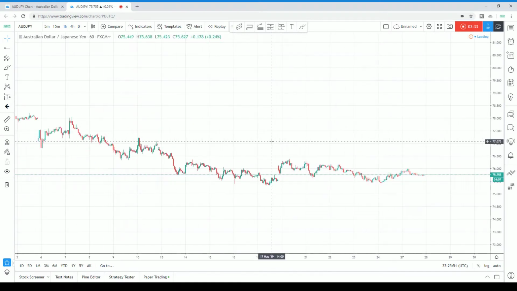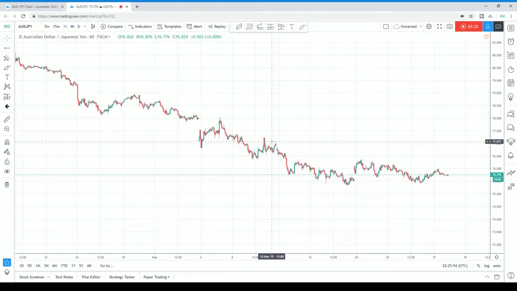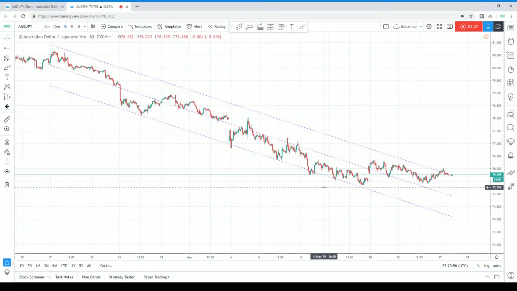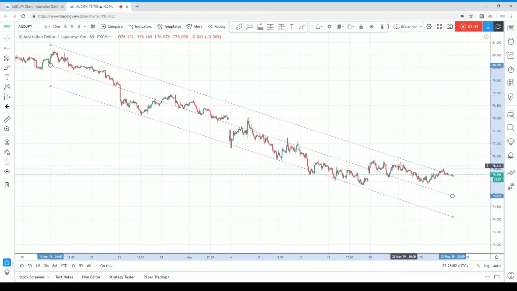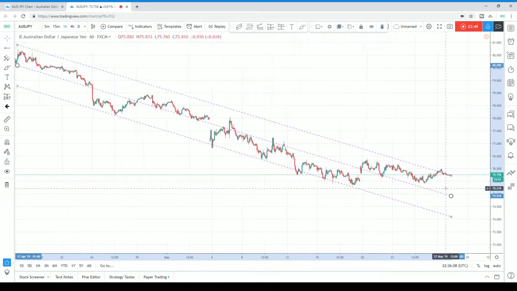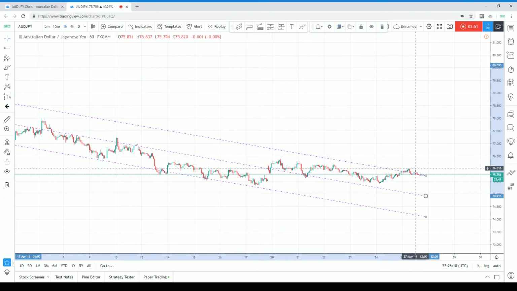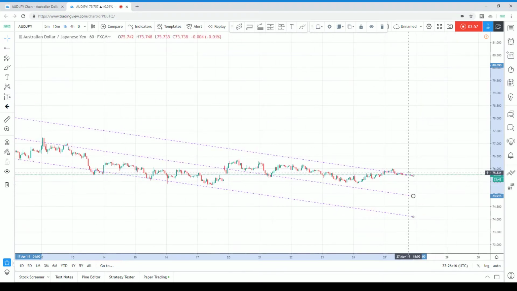Just for thoroughness, have a look on the lower time frames. That was the 4-hourly I was looking at, but it's going to be a similar thing on the lower time frames, just a bit more granular. Same concept here. It's interacted on the hourly with the previous resistance there. We can see it started to move down, starting to make, if we zoom in, lower highs as well. Obviously in a downtrend, we're looking for lower highs and lower lows. So it's kind of verging on that. It hasn't really started